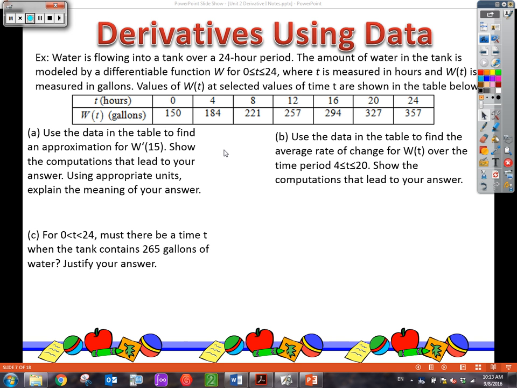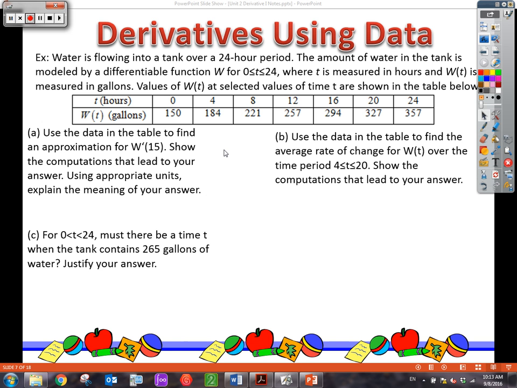Alright guys, let's take a look at our lesson for today. We're going to look at derivatives using data. We are to the point, this is actually modeled after a free response question, and we have enough calculus knowledge in us now, I know after 3 weeks, where we can actually look at a model of a free